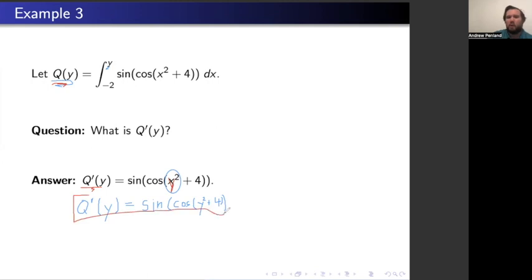So that's part one of the fundamental theorem of calculus, and it's relatively straightforward in its basic formulation. In the homework, you'll see a few more exercises where there are some tricks that involve changes to the upper and lower limits. But for now, I think this idea of an area accumulator function